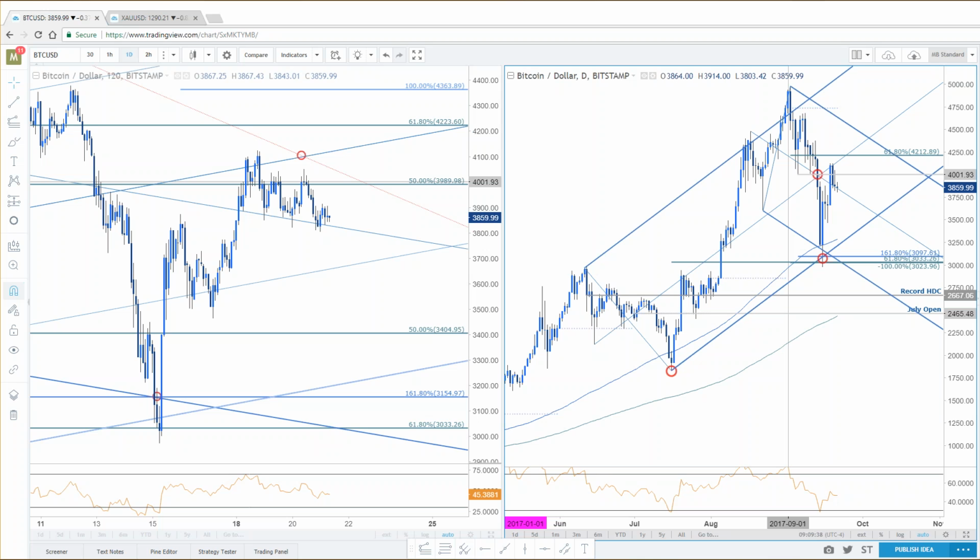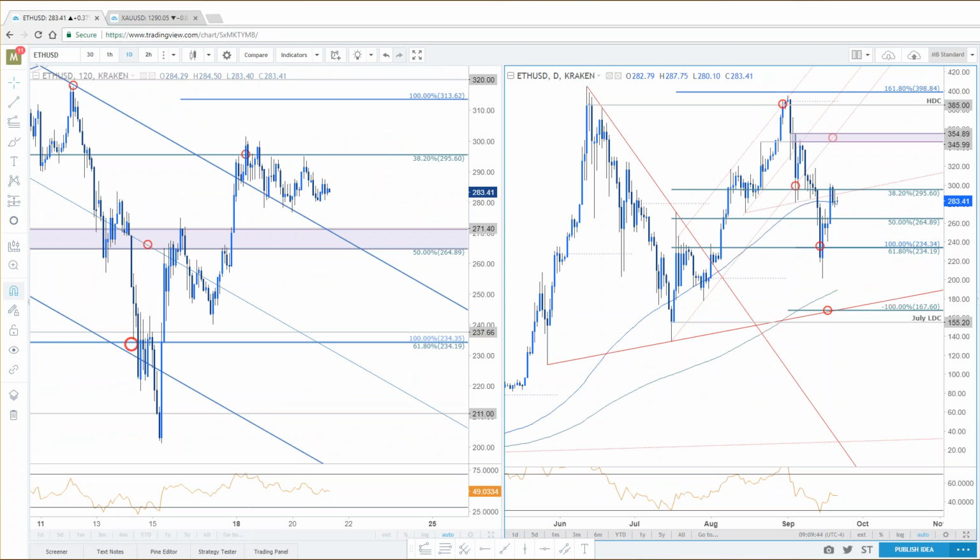Oddly enough, I was watching Bitcoin and Ethereum very closely yesterday, just on account of the dollar movements that we were seeing. I wanted to see if that would hit the crypto block. It didn't really, which is very, very interesting. So they still continue to do their own thing, both consolidating just above a break of resistance. And again, the broader upside still remains a viable play in both of those currencies.